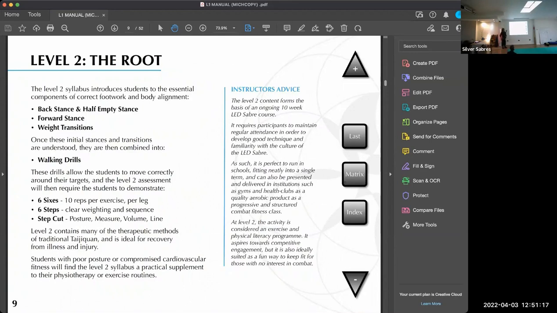Right? If you're using this as a therapeutic method to help rehabilitate them following injury or illness, then they actually have to go through it. But they do so at their own pace. You now remove any conditions, you take away any pressure, and if it takes them an hour and a half in class just to get through the 6 Sixes, that is a damn sight better than sitting on the couch at home eating cheesecake and the injury is settling into a stagnant place,